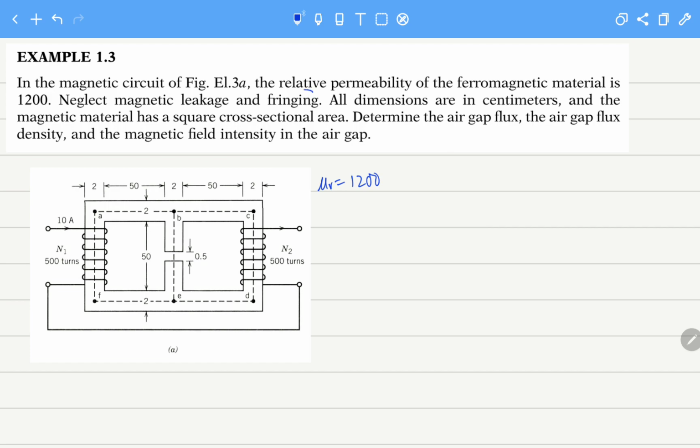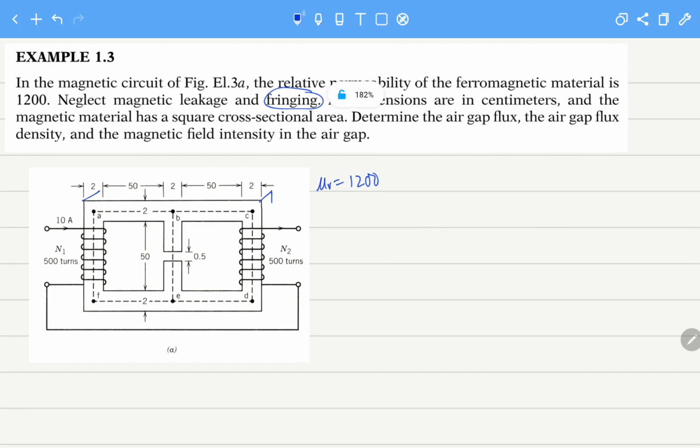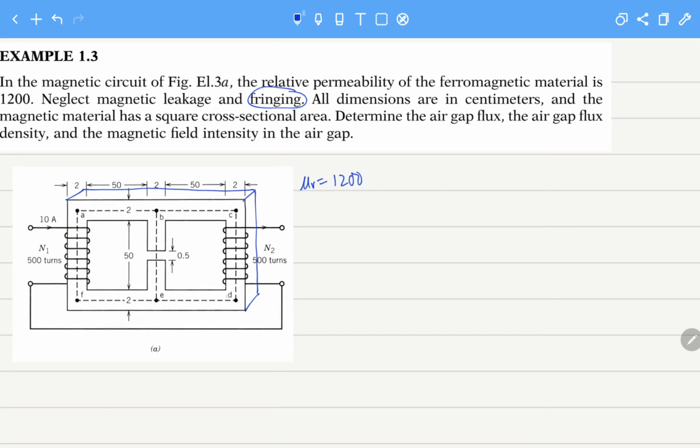It is neglecting fringing, so we have the air gap, but we are neglecting the fringing and the leakage. All dimensions are given in centimeters, and the magnetic material has a square cross-sectional area. By square cross-sectional area, you can assume that this is the core. So if this length is 2 centimeters, then this length is also 2 centimeters, and the area of cross section will be 4 centimeters squared, or that will be equal to